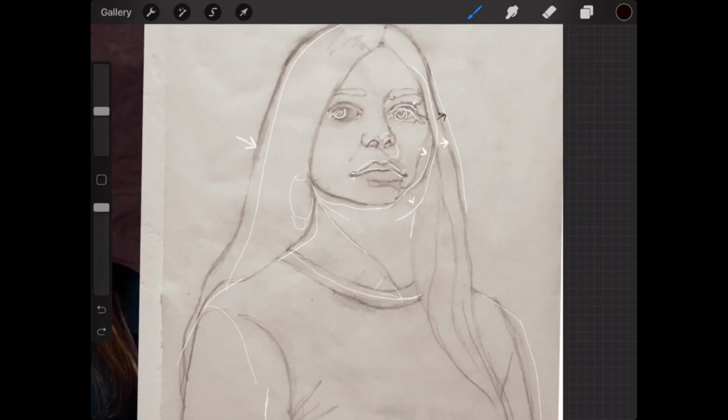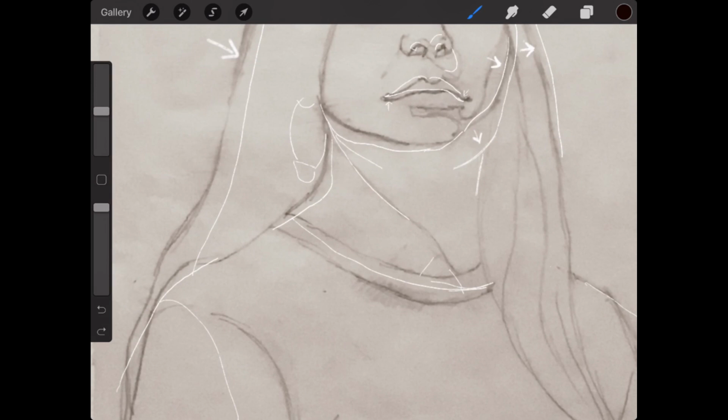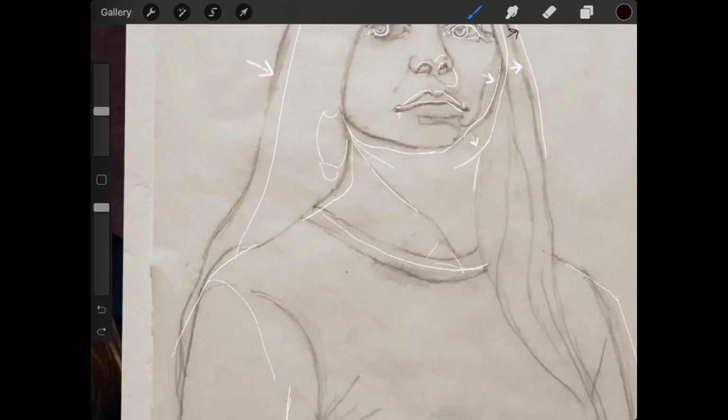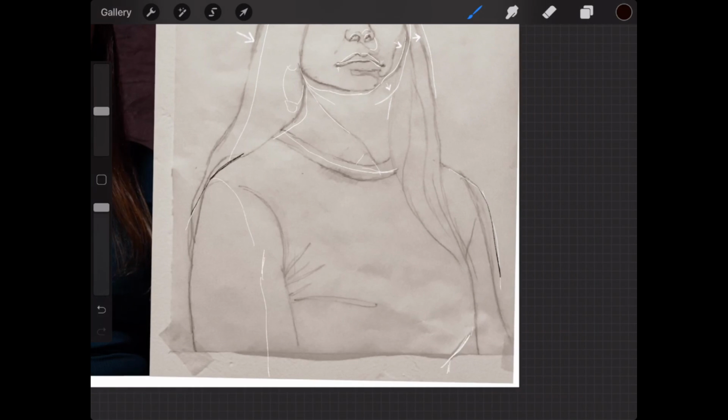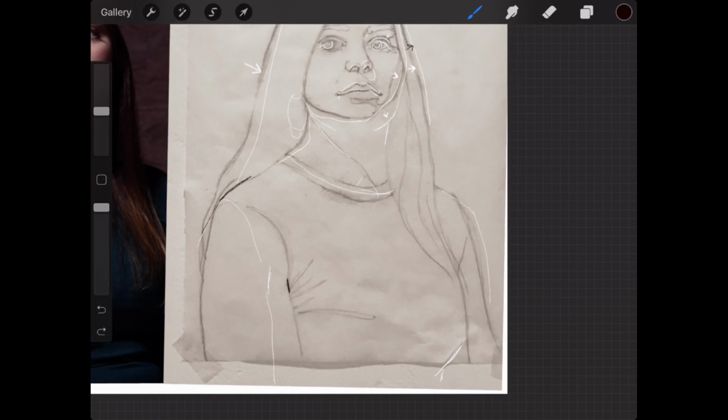So let's see. So we went over the features. And after you drop this jawline down, you will find that you need to drop in the neck a little bit so it doesn't feel so thick through here. And then just taper off her shoulder a little bit. And this shoulder could be a little bit wider, just to help rotate the body to the correct position. And then I think you might have brought this in too far to the left. It should sit somewhere around here.